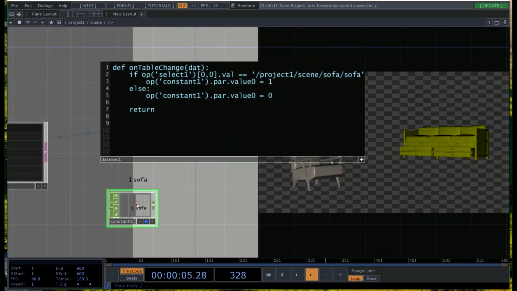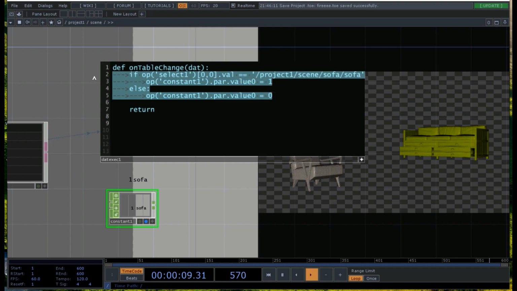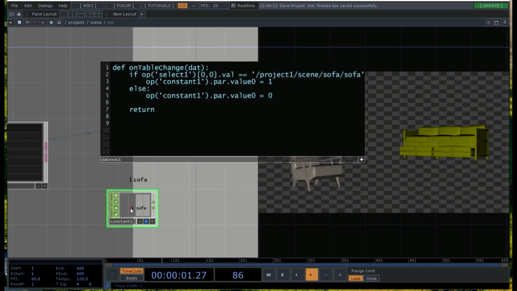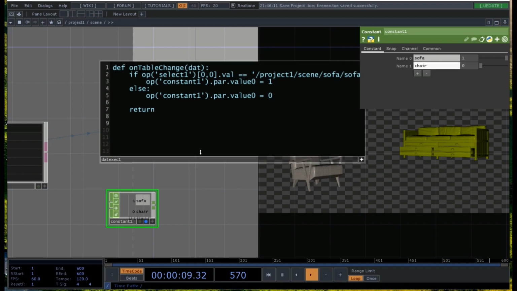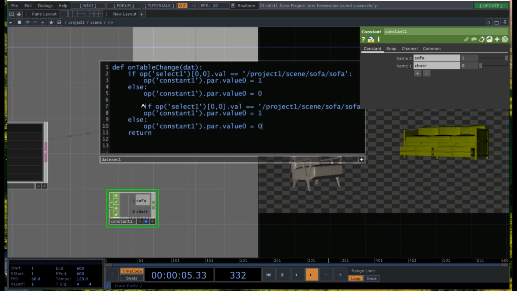Actually, we can copy and paste this text, and we can add a second channel. So the second channel is gonna be named chair. It's gonna be named chair, and we copy here. In the operator select 1, there is chair,